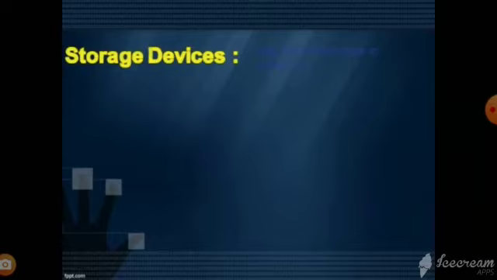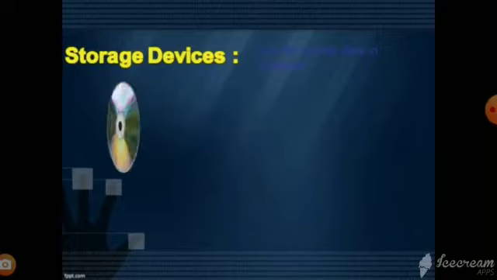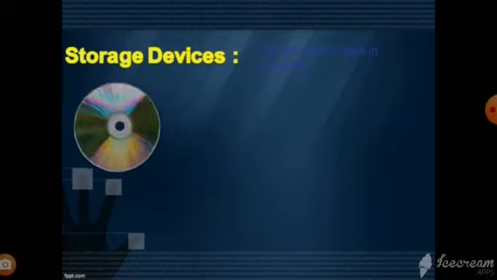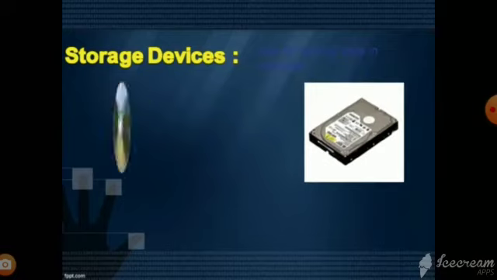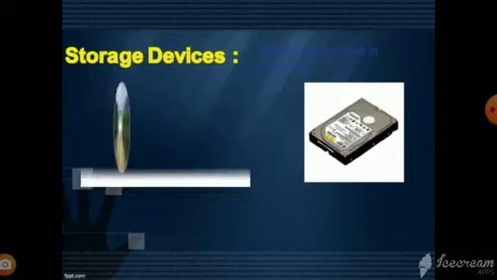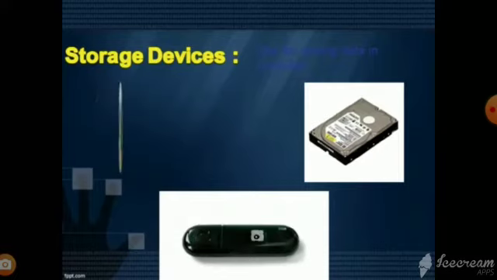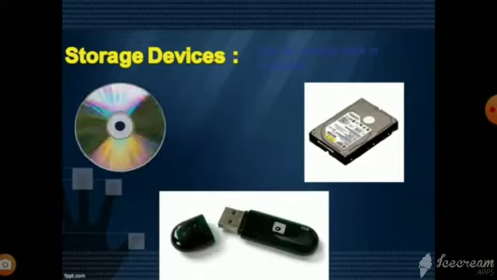Storage devices. The devices used for storing data are called storage devices. Hard disk is the main storage device which stores the entire work we do on a computer. Other important devices like CD, pen drive and DVD are also used to store information. CD. CD stands for compact disc. It is a round, flat and shiny disc that stores a lot of information. Hard disk. It is a device which stores a huge amount of data and information. It is present inside the CPU box. Pen drive. It is very small in size but can store and transfer data from one computer to another. It can be handled very easily.